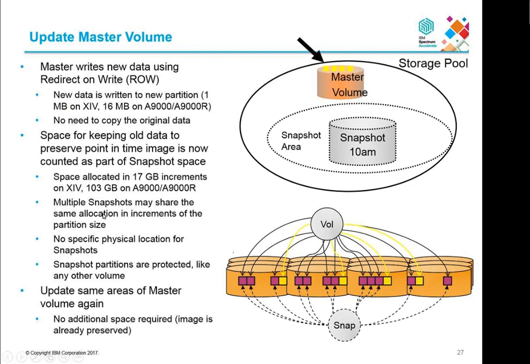So again, multiple snaps can share the same allocation unit, but what I can't have is the same offset into a volume sharing the same allocation unit. That's why we have them offset a little bit. Earlier in the XIV, they were lined up, an exact 16384. We moved that to a prime number, 16583 or something on the